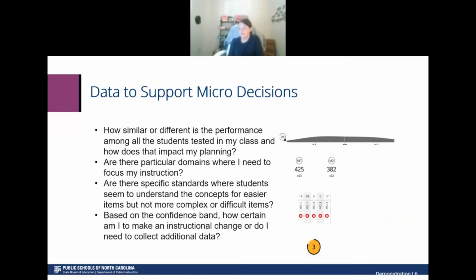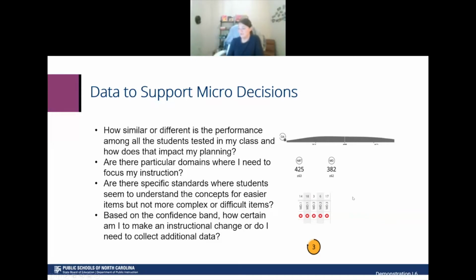We also provide information about specific domains within the content standards. And in this way, a teacher can start to see that measurement and data over here seems to be an area of relative weakness compared to numbers and base ten. And from there, the teacher would probably want to drill down and leverage formative assessments to understand better which particular standards their students are having trouble with.